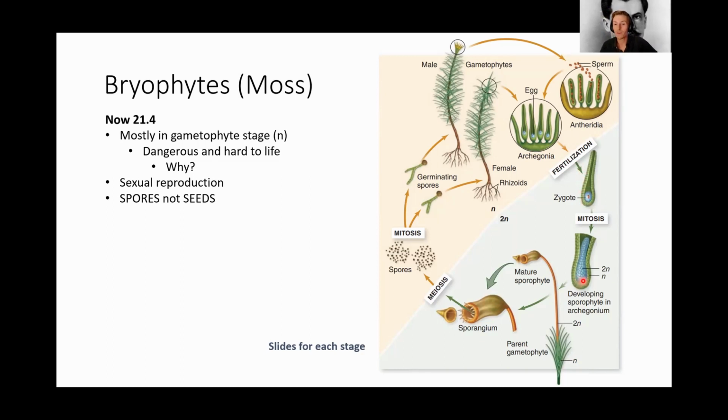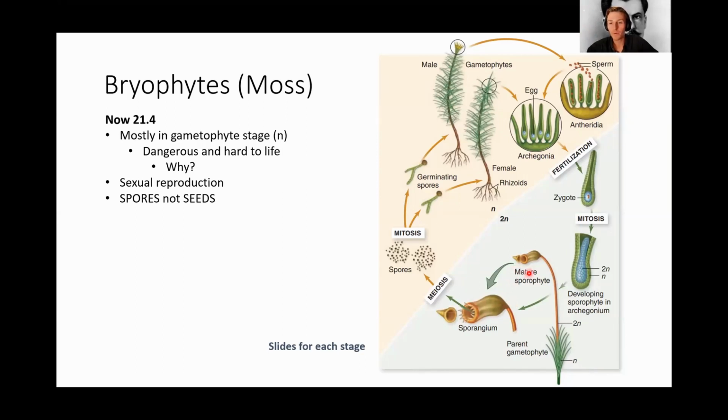And the zygote turns into a bunch of tissue that develops into the sporophyte, which is a diploid structure because the zygote is diploid and from the egg and sperm. I know I'm over-explaining this, but I don't care. I want you to understand this. So this is the sporophyte. This is the sporangium. Sporangium is a structure that holds spores,